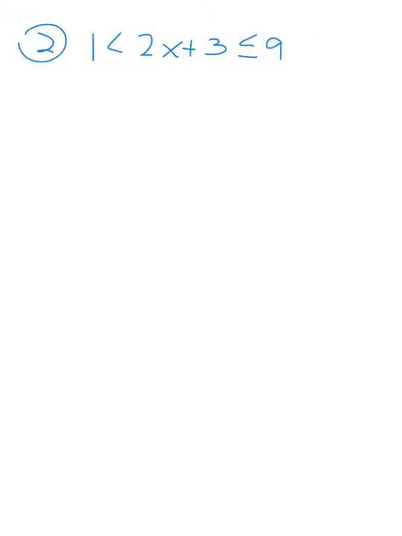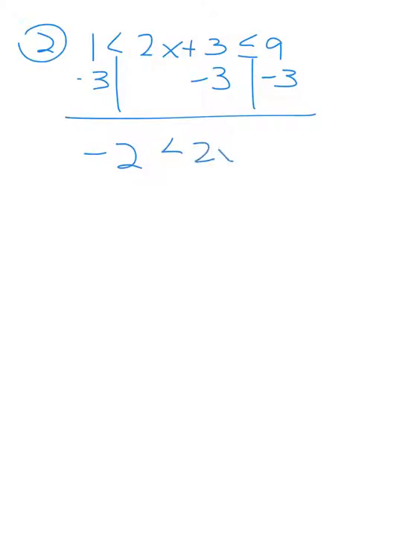Moving on to our next inequality, we have the same idea. We have an AND statement here. So I have my 3 sections. I'm going to isolate my variable in the center, so I'm going to subtract 3. Whatever I do to one section, I need to do the other 2 sections. So I have negative 2 is less than 2x, which is less than or equal to 6. Divide everything by 2. I have negative 1 is less than x, which is also less than or equal to